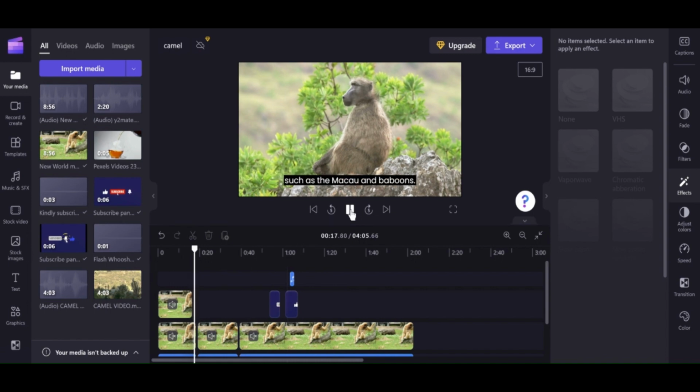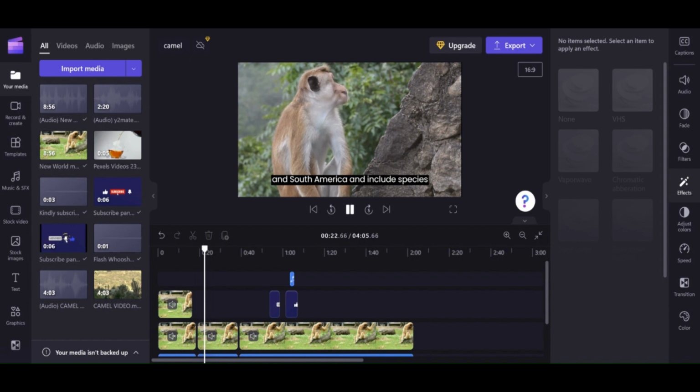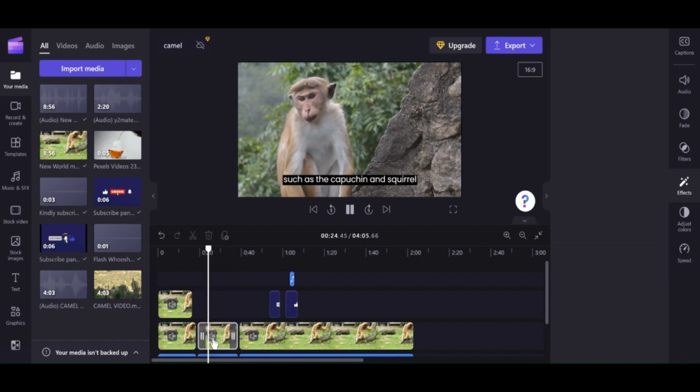Species such as the McHugh and the blues. New world monkeys. So you'll notice that the video zooms in and includes species such as the CLIMPCHAMP and squirrel